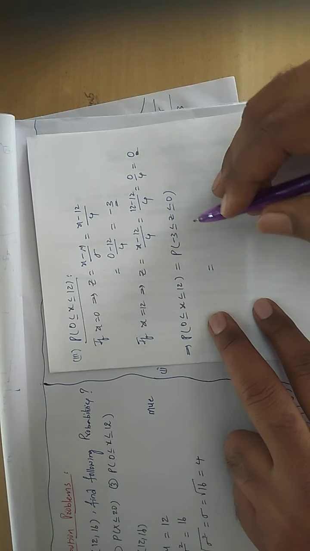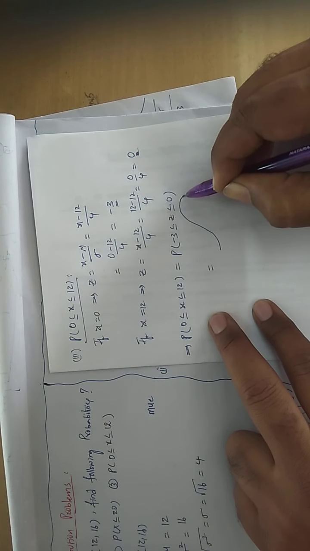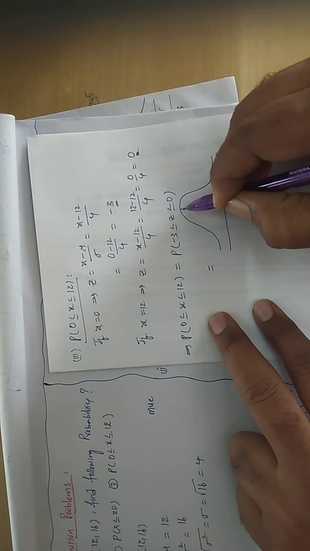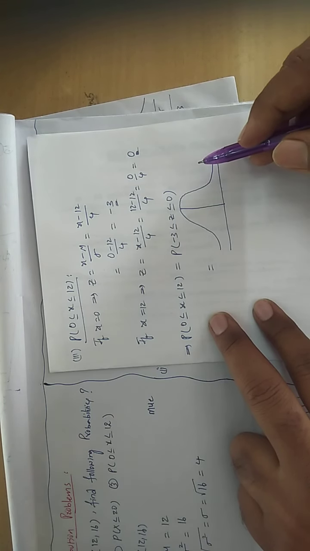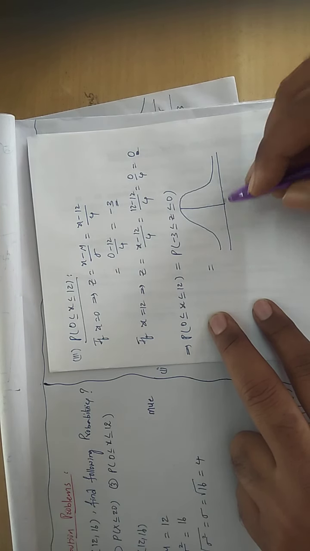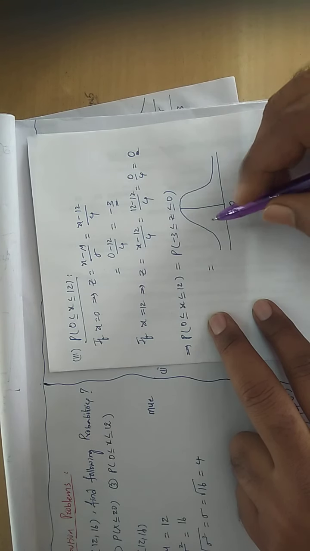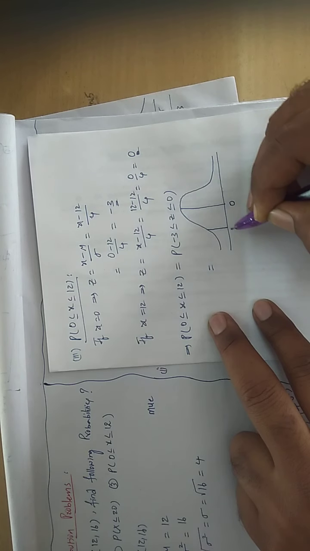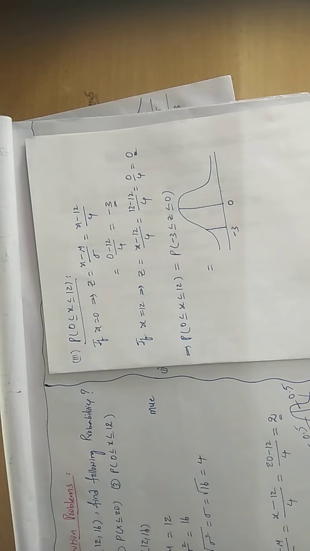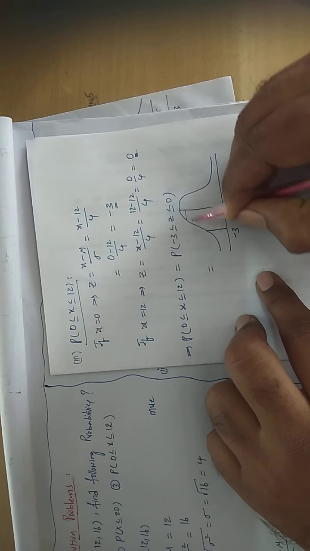Draw the bell-shaped curve. It's not the rough one. Careful. So total probability is 1. So this line, right side is 0.5 total area, left side is 0.5. Now what is required? If this is 0, we require this area. So the left side is going to be minus 3. So what is the area actually required? So minus 3 to 0. So this is the shaded region you require.